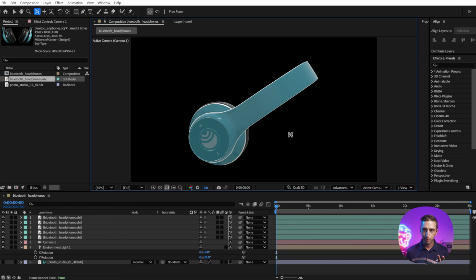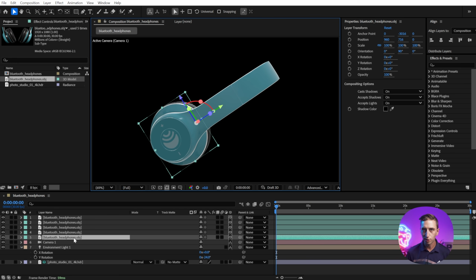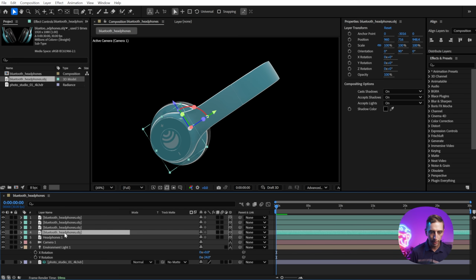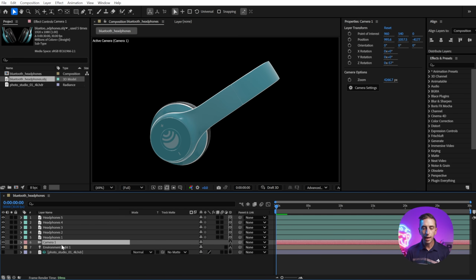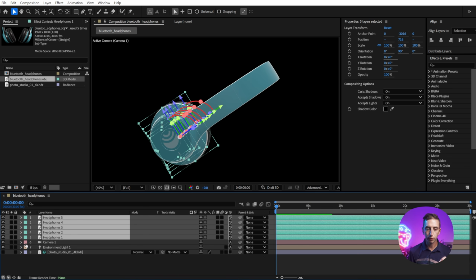And I think that's gonna obscure everything just right so that we're only seeing this one to start. Now really quickly, I'm just gonna rename these layers so that I can keep track of which one's which. All right, now let's work on keyframing the camera and the headphones. And before I add position keyframes on the headphones, I actually wanna add in controllers for each one of them